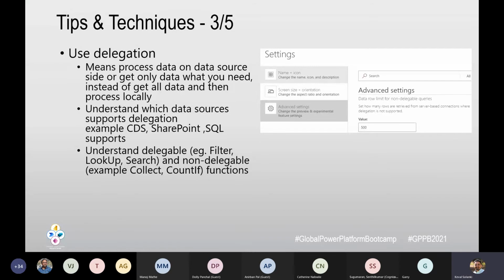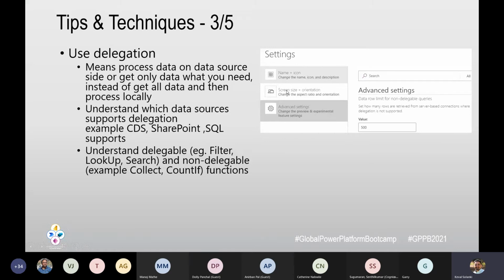With non-delegable functions, even if you supply a limit, it will give the maximum result. For example, if the limit is 500 and you are interested in only 10 rows, a delegable function will return those 10 rows, but a non-delegable function will return all 500.